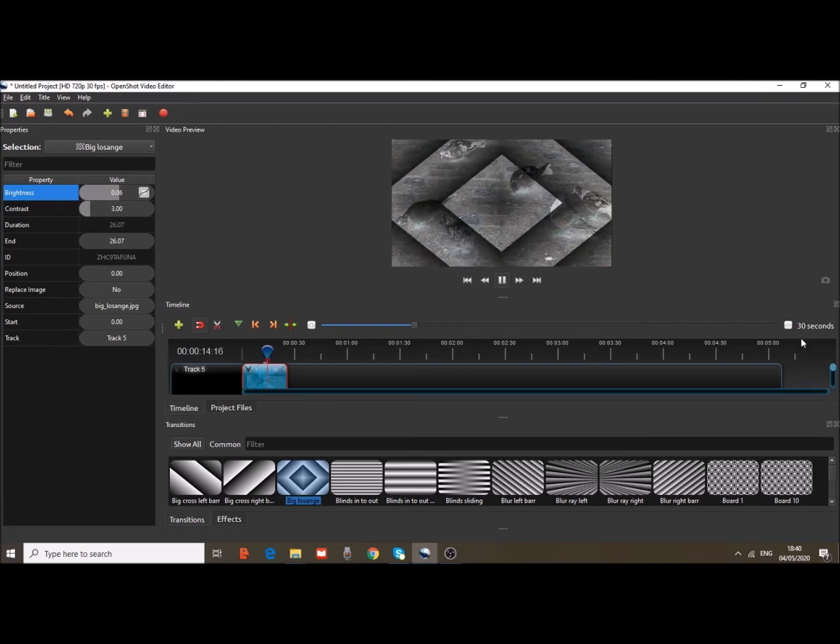We can set the seconds in our video. Okay. In the timeline, we have some buttons here. With this green cross, you can add a track. Press a cross. You can add a track. With this petal, snapping enabled,